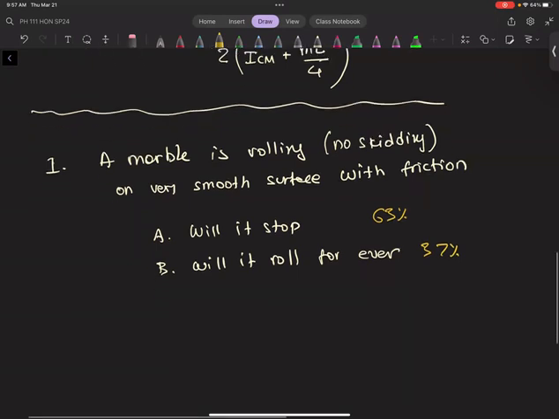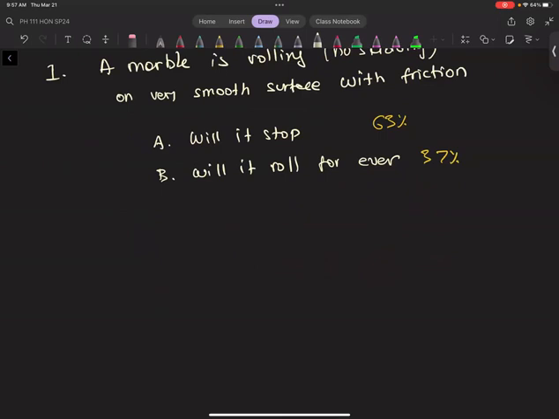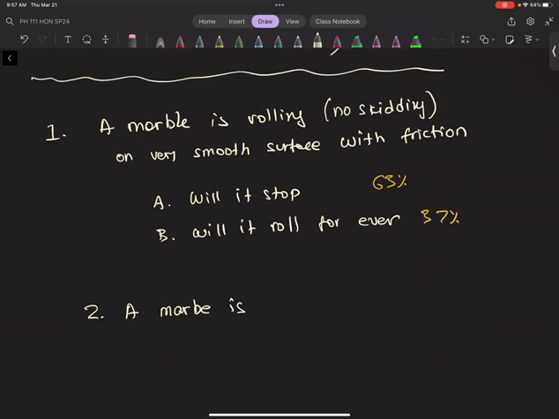Good. The next question is a marble. Oh, by the way, I forgot to mention what skidding is, but I will explain that to the full extent right now. Skidding means if it's partially rolling and moving, it's missing turns. That's what it means. Can you imagine that? We'll see mathematically exactly what this entails.